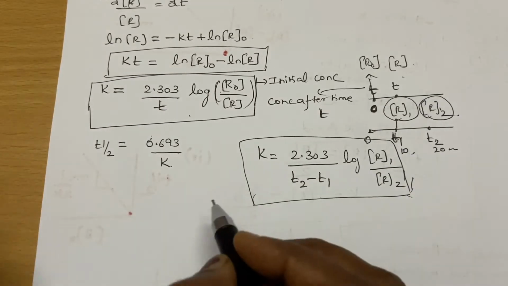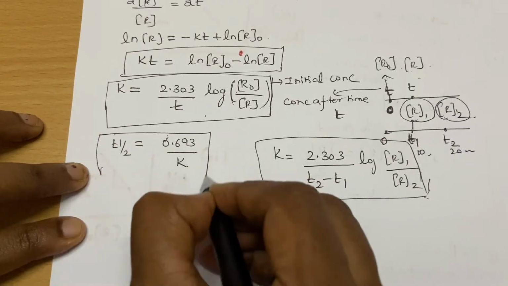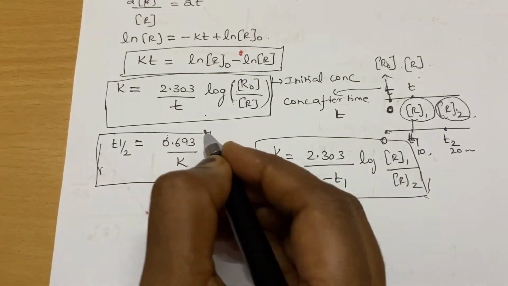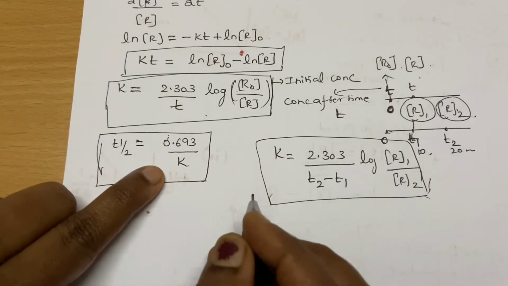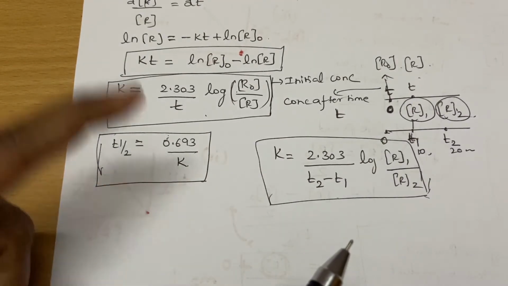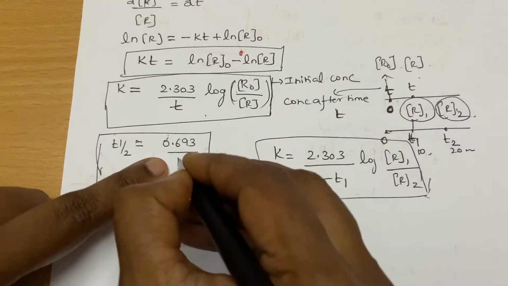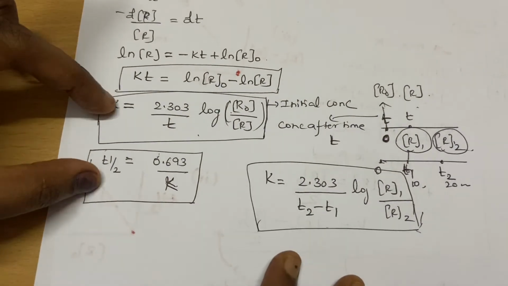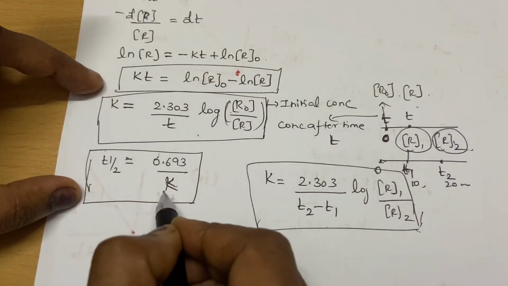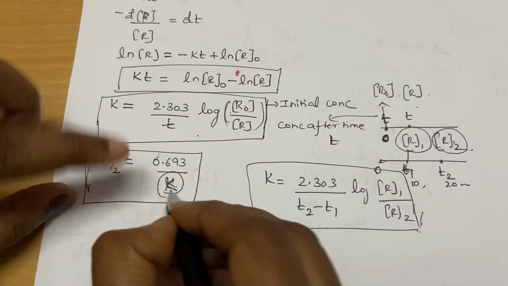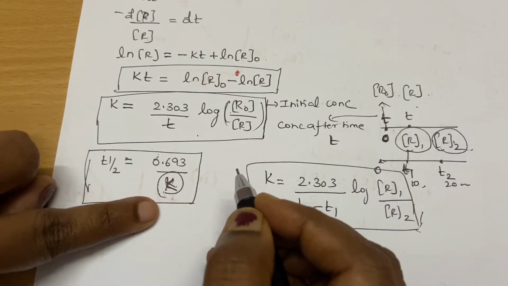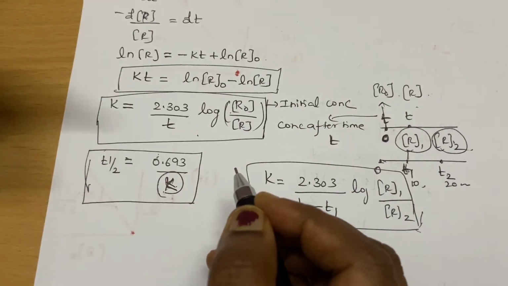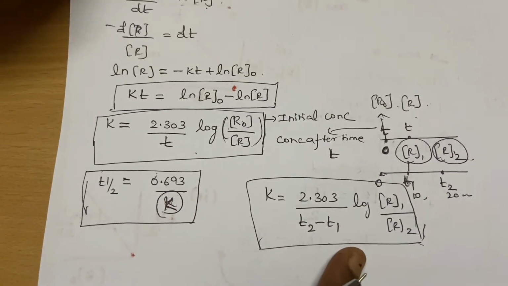And this is the half-life period, and as you very well know, T half is equal to 0.693 by k, and you see it is independent of the initial concentration. It doesn't involve the concentration term. Often questions will be asked where these two go together: the half-life period will be given, and you have to find the rate constant, and you may have to use the value in some other data. It will be clubbed together. So you will be familiar with these things.